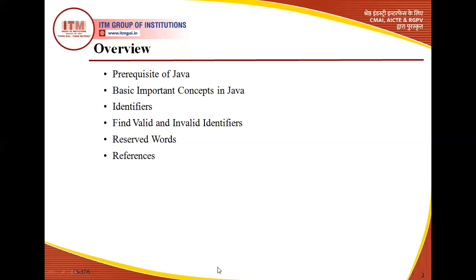Now the next thing is how we can set the path for the instance. Just type the keyword set path equals, and inside double quotes, paste the address of your Java compiler. So how do we reach the Java compiler? Normally the default path is the C drive.